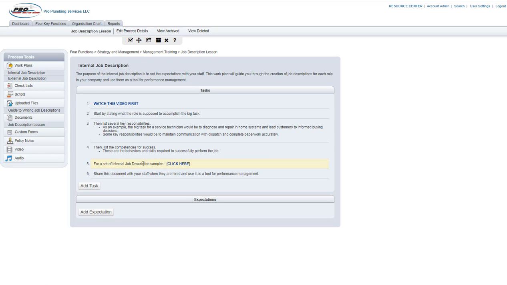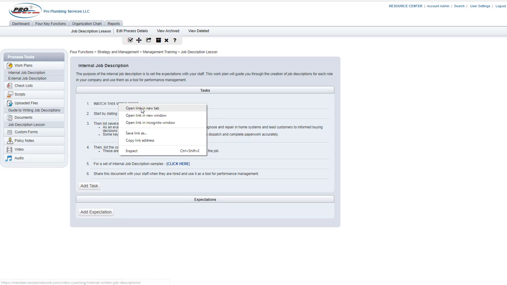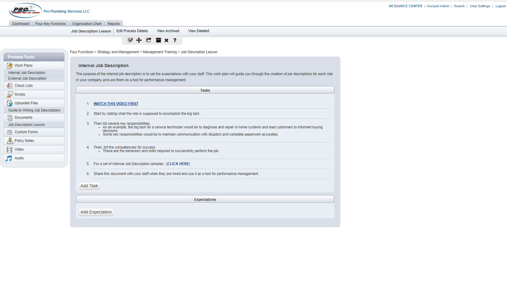So internal job description samples, if I click here, actually I'm going to right click and say open link in a new tab. That way I'll keep this window open and I'll go to the Nexstar website. Oh, that's interesting. It says page not found. Wonder if this one's still working. It says page not found. This must be. So hold on. Let me just access this and I'll put the new links in there. Okay, I've pasted those links in. So if we go here,